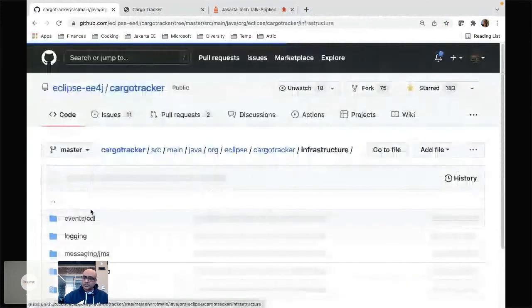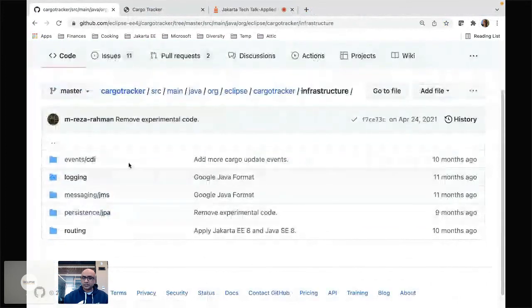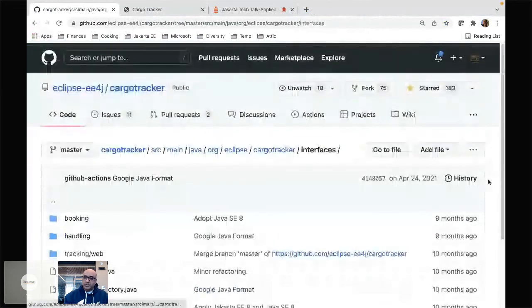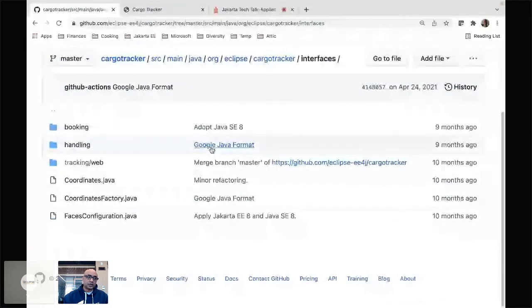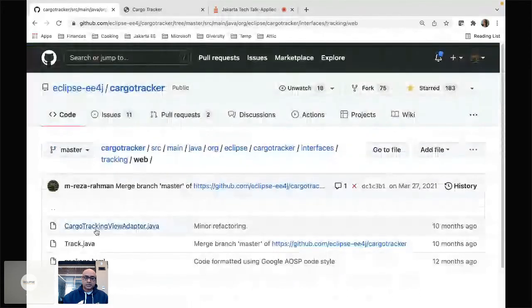So here's the infrastructure layer. Okay, and as you can see, there's a couple of different interfaces. Sorry, I meant to show you the interface layer. Apologies. So there's a couple of different interfaces that we talked about before. Right? There's a booking, handling, and tracking. So if you take a look at, for example, the tracking interface, here is the track